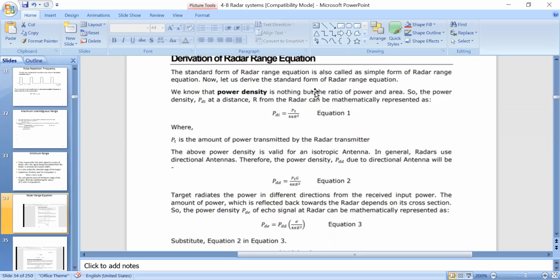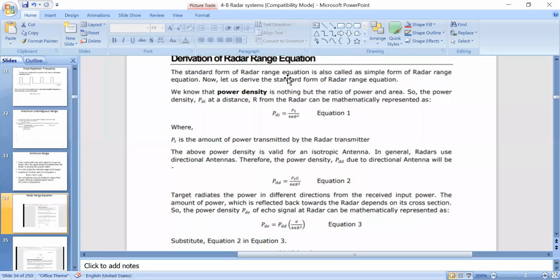So when you consider a directional antenna, it projects its electromagnetic beam in a particular direction with a narrow beam width. I think you have already studied antennas and wave propagation, so you have an idea about narrow beam width and wide beam width. Compared with the wide beam width, the narrow beam width is useful to focus on targets.